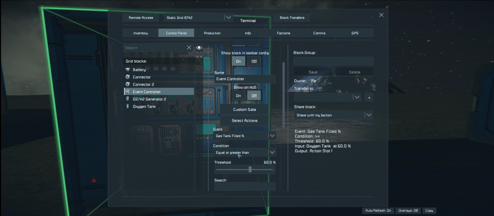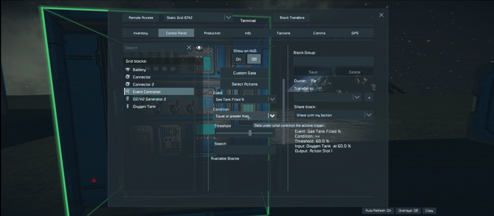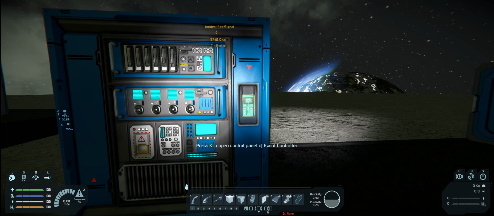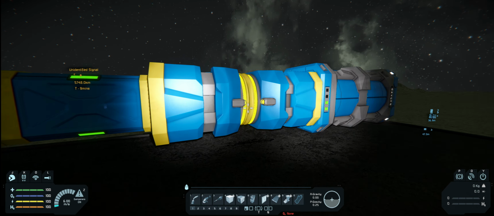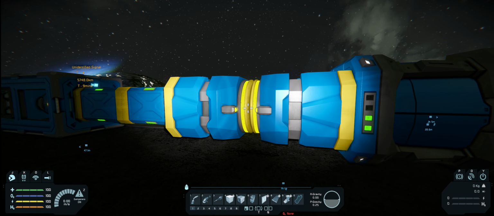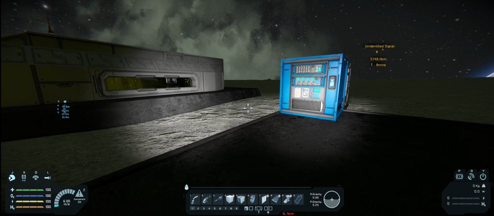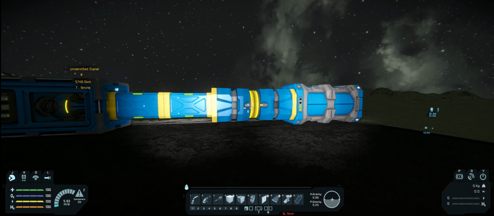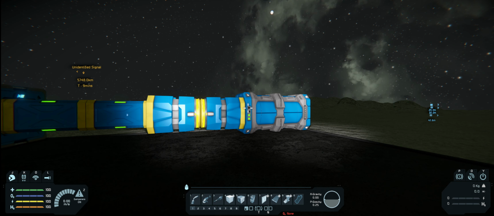and tell it to tank filled to equal to or greater than, and your threshold, which I have set to 60, and you add your oxygen tank. If I wanted to change this to say 70, as you saw immediately, tank is going up and then right to 70. And my connector is now disconnected. So you could do that method to allow it to connect and disconnect from the generator